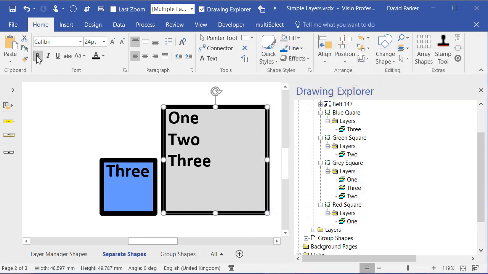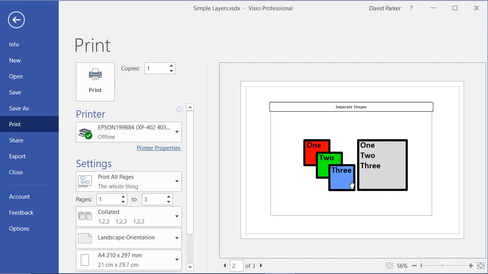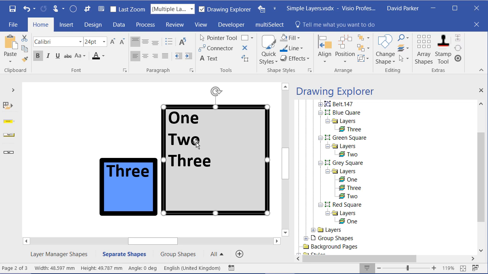Otherwise you can end up with this situation, whereas if I go now to File, Print, we can see that all of those layers are visible, not just the layer 3. And in fact you can see that the shape that's on layer 1, 2 and 3 is still visible. So that can be very confusing, to be able to have things which are invisible yet printable, and the reverse